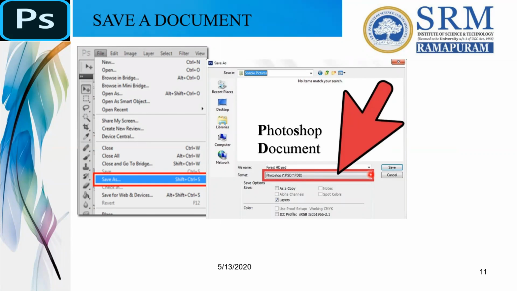If you save it in JPEG or PDF format, you will not be able to make any changes in the layers. So first we have to save it in the PSD format. After you perform all the changes and finalize the document, then you can save it in other formats like JPG, PNG and PDF.